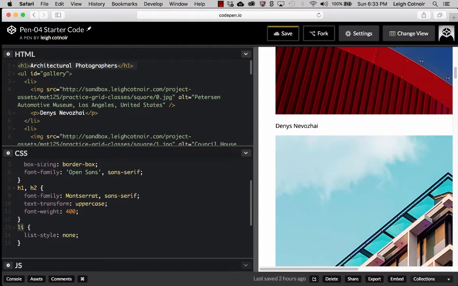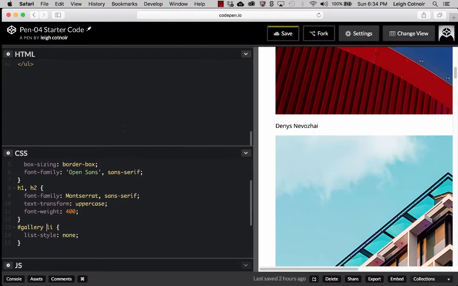So in that case, you wouldn't want to just apply it to all list items. This is an example where doing something with specificity is important. If you look at line 2 of the HTML up here, it says that the UL has an ID of gallery. What you could do is you could go over here and say, all right, anything that is in the gallery ID and that is a descendant list item is going to have a list style of none. So that means that any other list anywhere else in the page, if we were to add one,